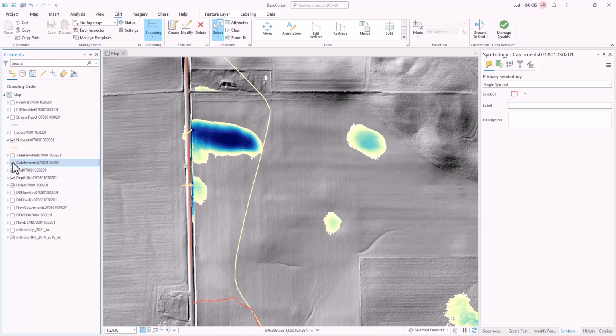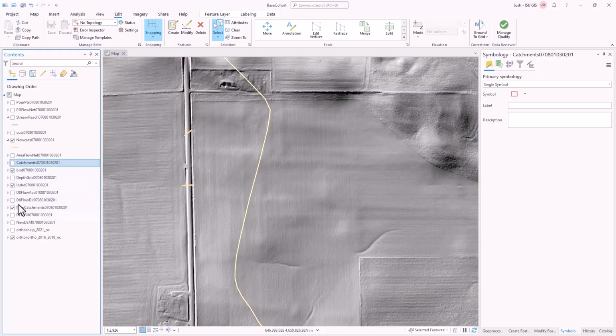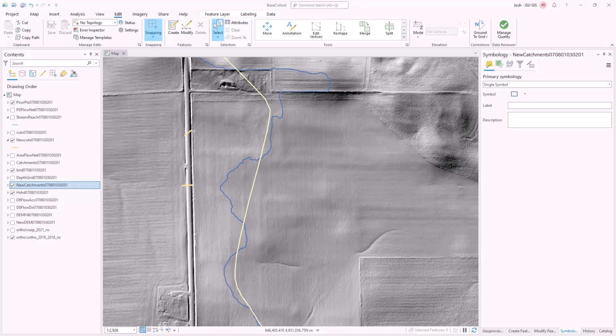If we take a look at the catchments after putting the cuts in, we can see that the catchment's boundary is now more closely aligned with our old boundary and is acceptable for what we want. One thing to keep in mind, if you have to add in cuts to adjust your catchments,